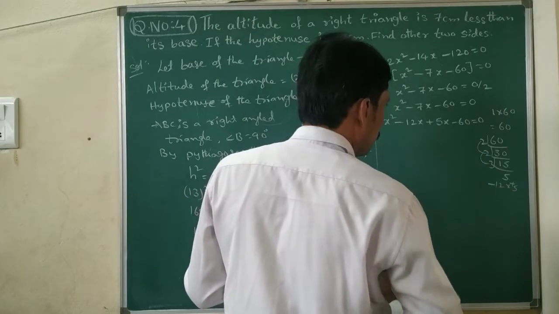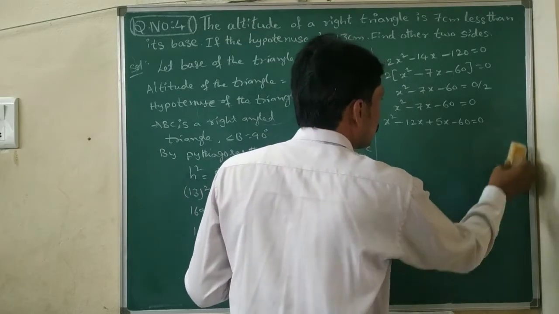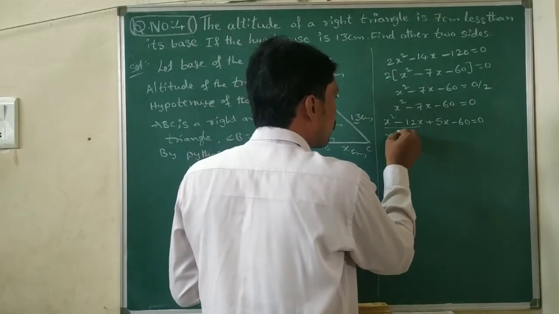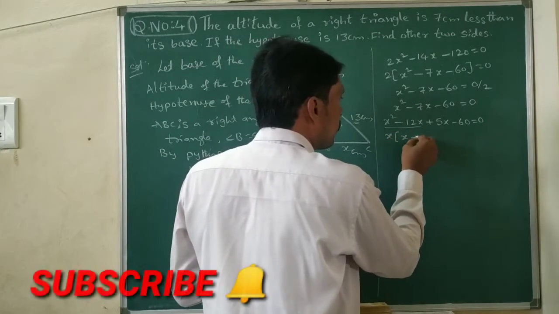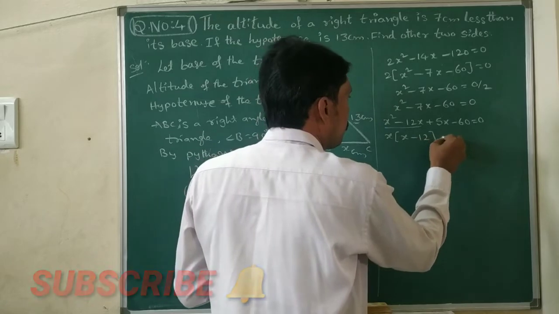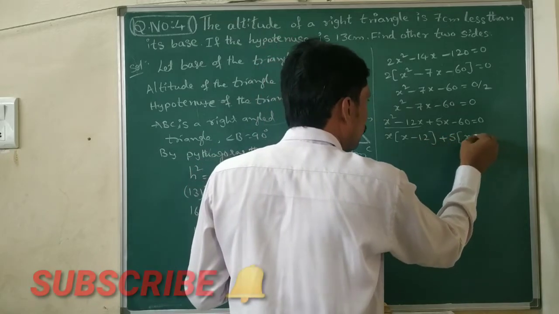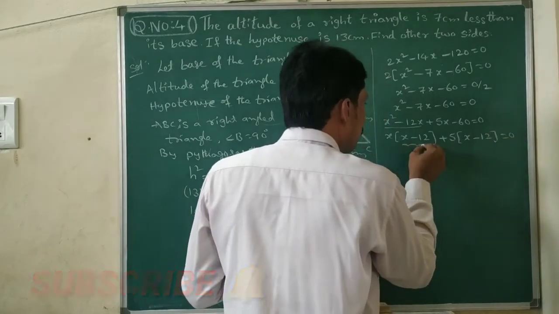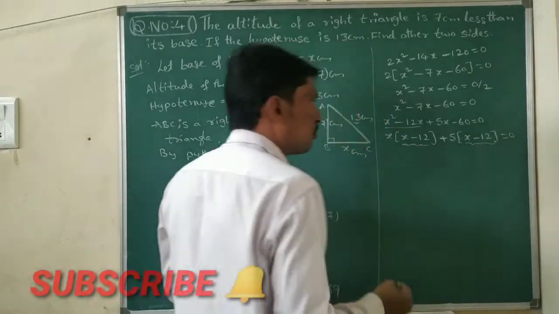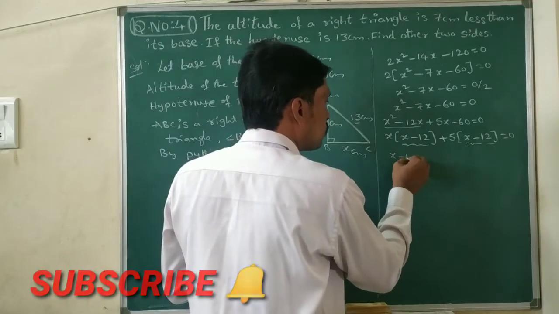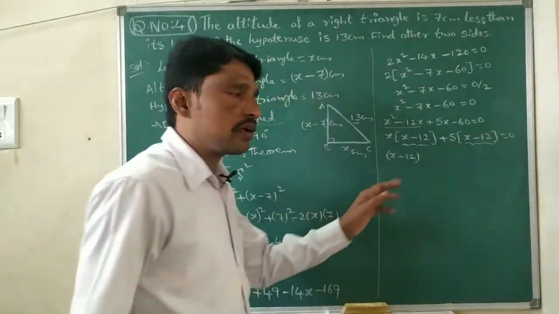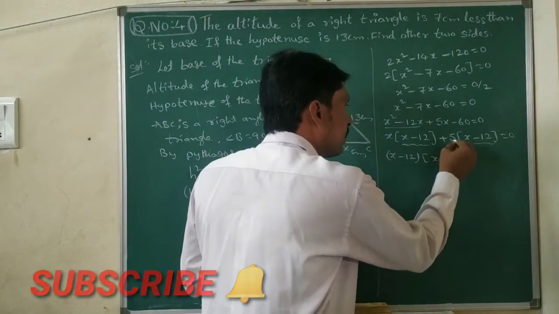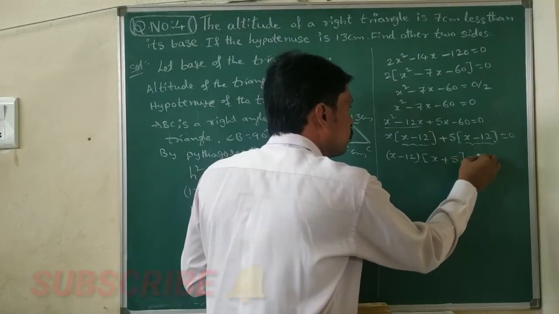This one we have to clean. In these two terms x is common. X we took the common, means x minus 12. Here plus 5 we have to take the common, x minus 12 is 60, equal 0. Here x minus 12, here also x minus 12. In total you have to take the common x minus 12. X minus 12 we took the common, means here x is remained, plus here 5 is remained, equal to 0.